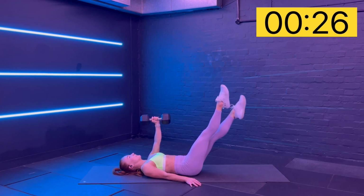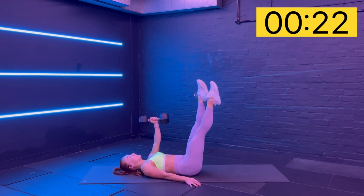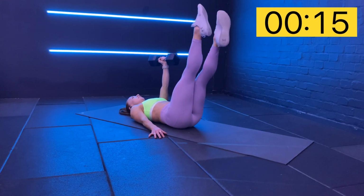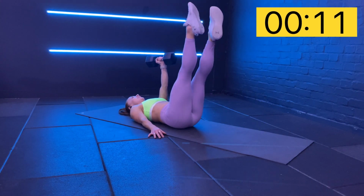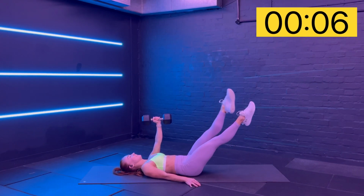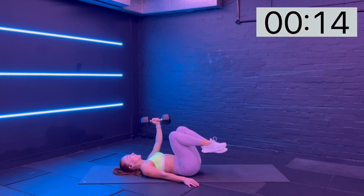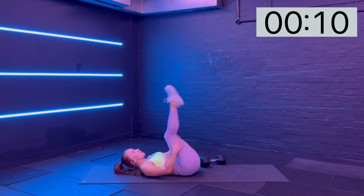Good work. Punching that weight straight up. Ten more seconds. Well done. 3, 2, and 1. Bend the legs in, bend the elbow into the waist, safely drop the weight down and bring yourself all the